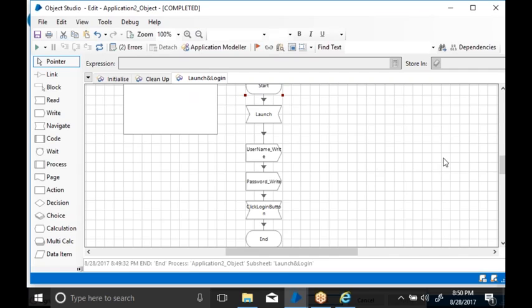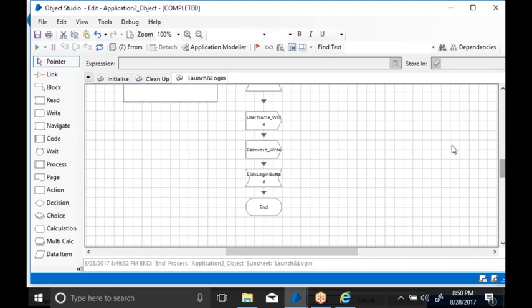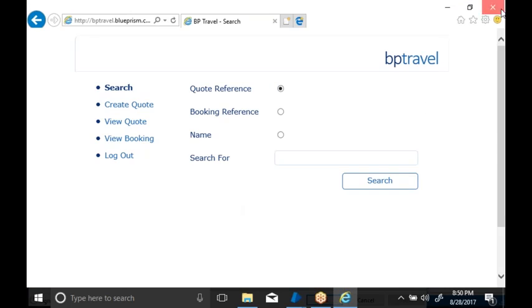Now we have an object, and inside the object we have the actions. As I told, all the objects will be called inside the process. Objects means we will not call the entire object, we will call the actions of the object. In an object we can have multiple actions, but here we have only one action. Now how to call this? Now we have application underscore object. Now how to call this inside a process?